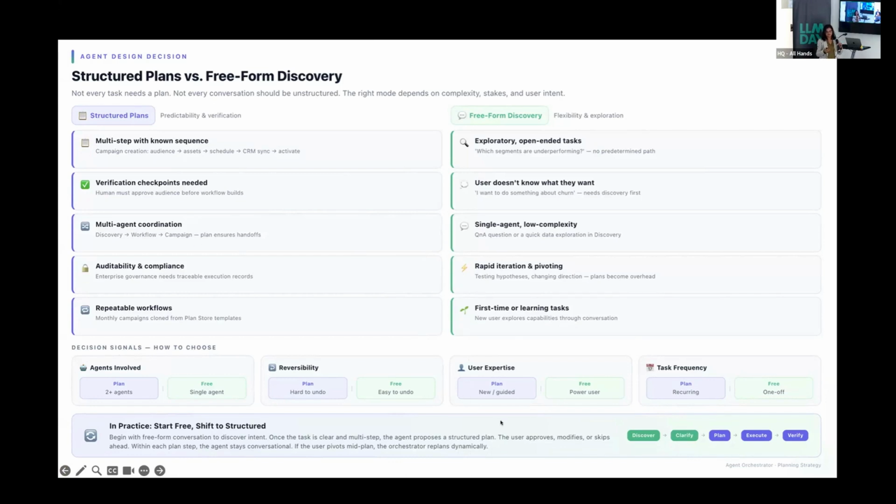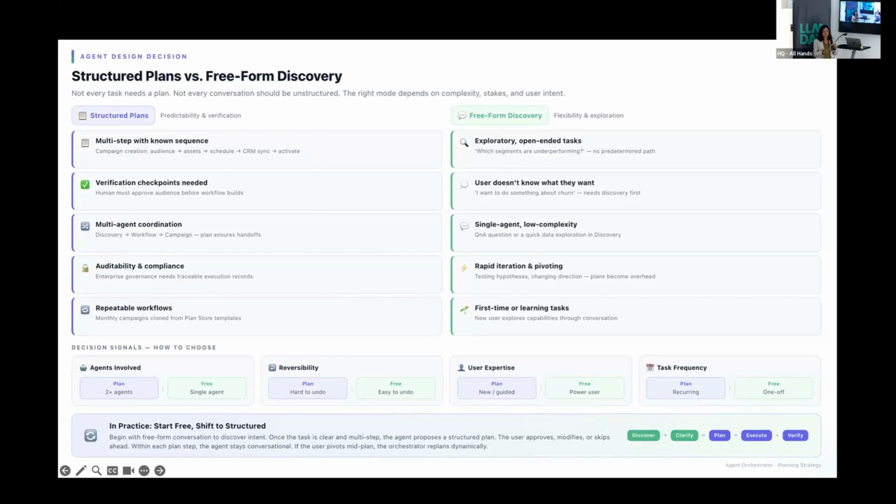I have built campaigns before, and I have maybe used the system to build campaigns before. So I really know what I want, and at this point, the agent also probably knows what I want. In this case, showing a plan of how to build a campaign and just getting approval might be the best thing to do. I'm not looking for too much creativity there. I just want to do my job and get done.